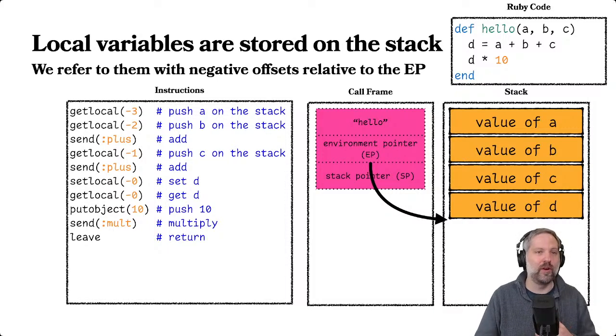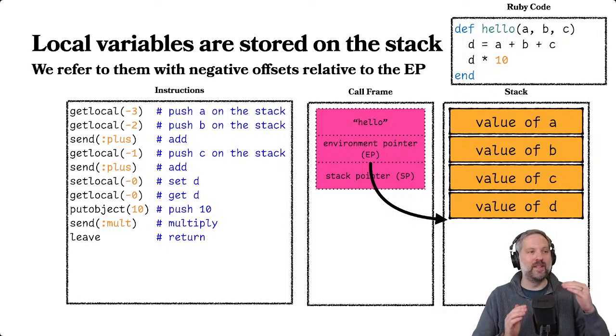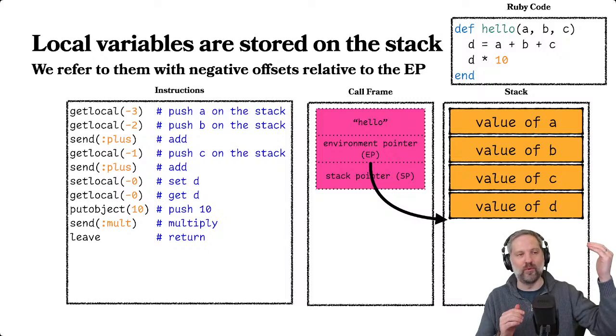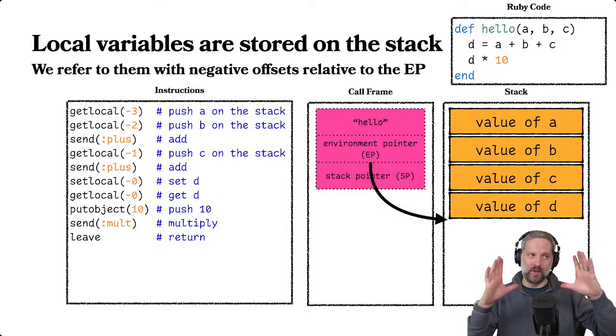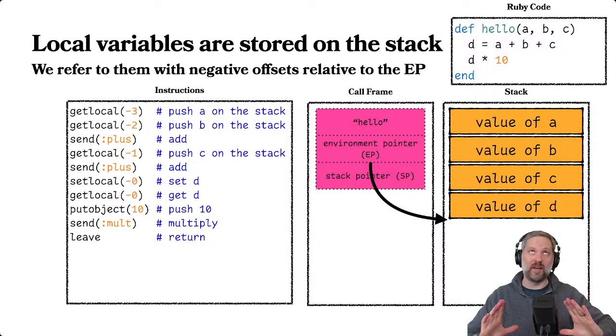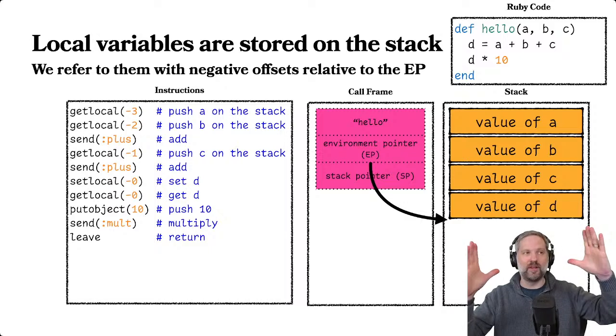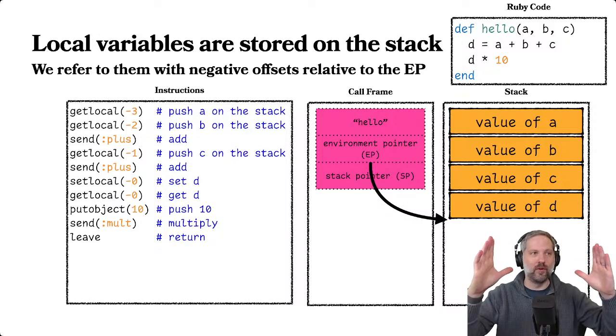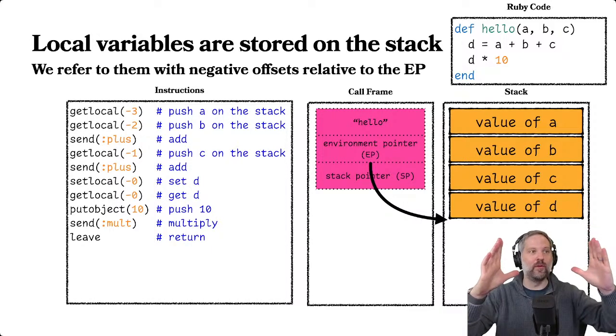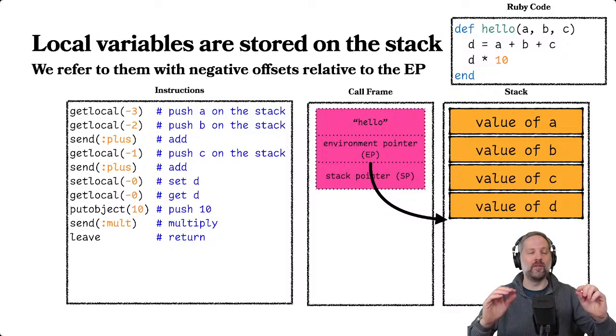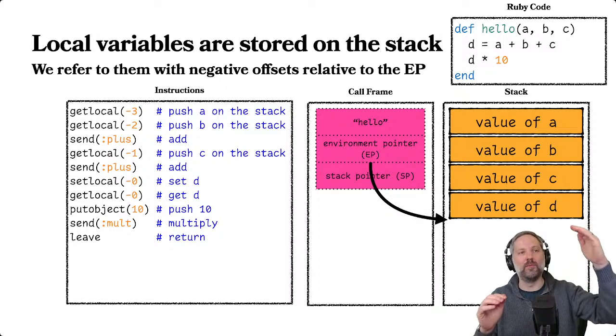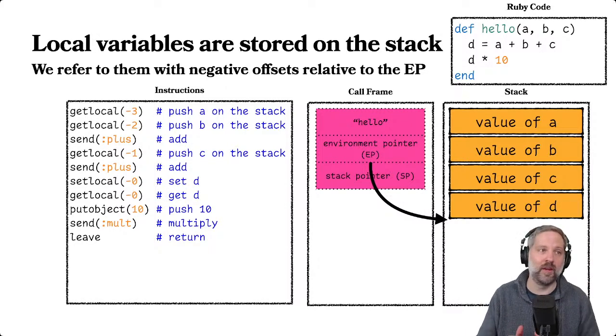Now to fetch local variables, the local variables are just negative offsets from the environment pointer. The callee's stack is shared with the caller's stack, and all those local variable values, the parameter values, are just negative offsets from the existing EP. So for example, we have here